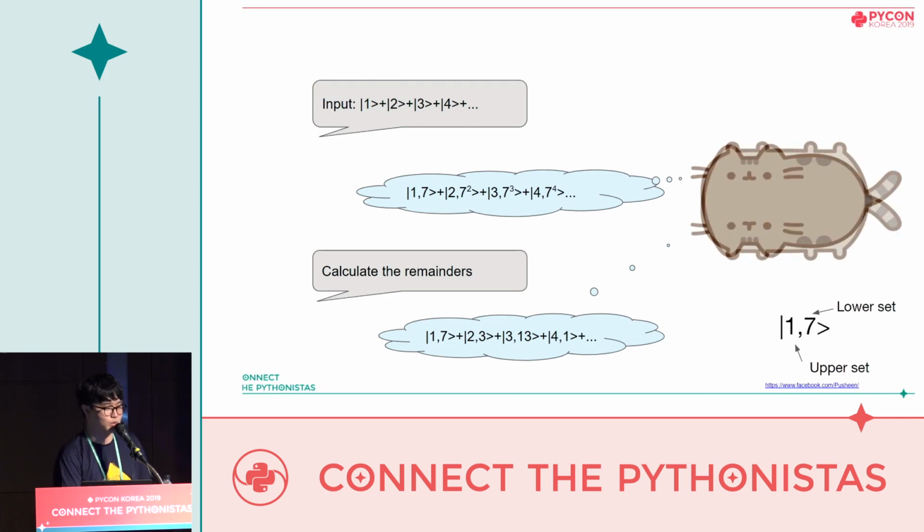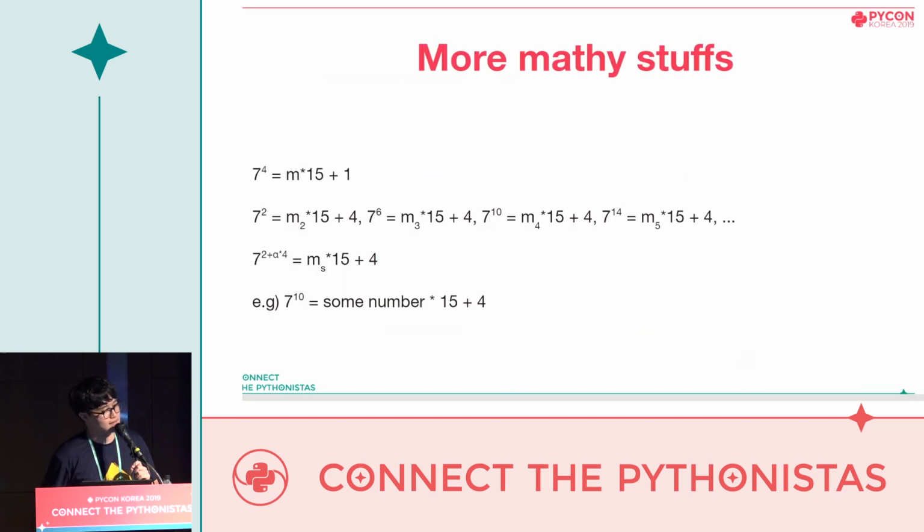And then we divide the lower set by n, which is 15, and change the possible outcomes of the lower set from g power to the upper set to the remainders. So note that the lower set changes from the powered numbers to the remainders. Now, we might think that we are done here, but if we measure here, what we get is just one of those possibilities, and that has no difference from a classical circuit. So to get closer to the answer, we need some more math.